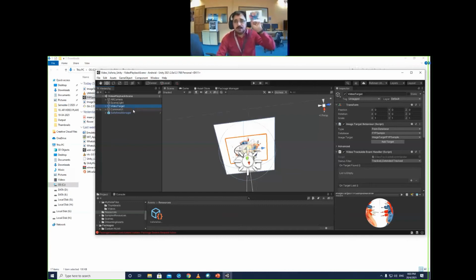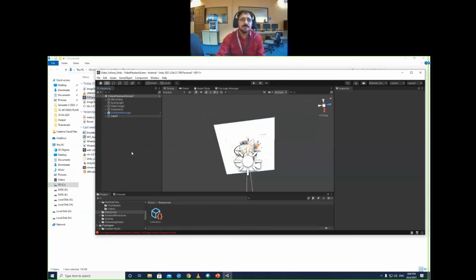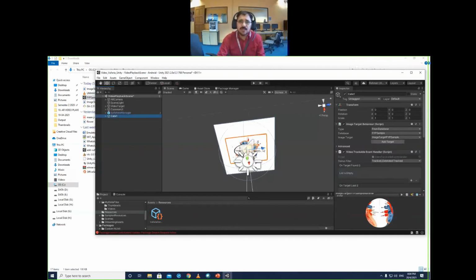If you want to recognize more than one image, just click Control D, select this target image, and don't open it, so everything including all its children is selected, and then Control D. You will get another one, and then you can rename it for another image, for example cat 1 or 2.